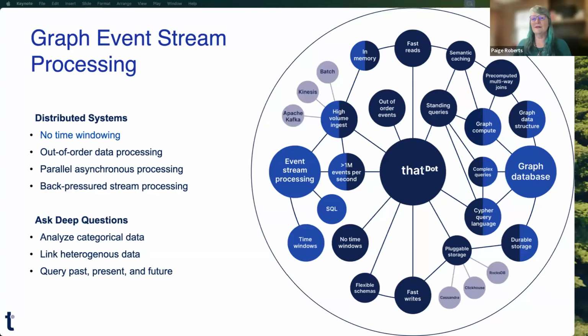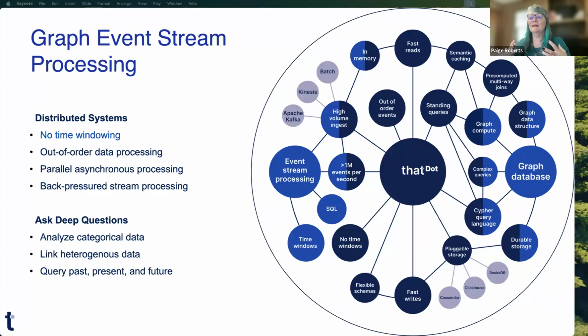The idea is it is an event stream processing capability with no time window. So I can query as far back in time as I want, query something that just happened, put them together, and find the pattern that indicates this is a problem, this is something to worry about. The reason I can do that is because we see all data as a graph, just like a graph database, but without the slow factor. So we can ask categorical questions without turning them into big bloated numeric stuff first. We can ask deep relationship questions.